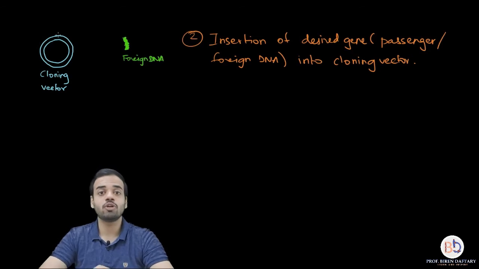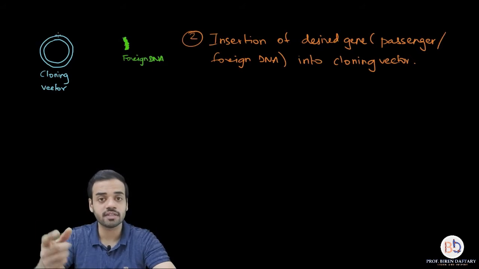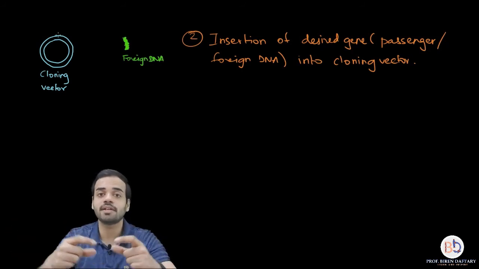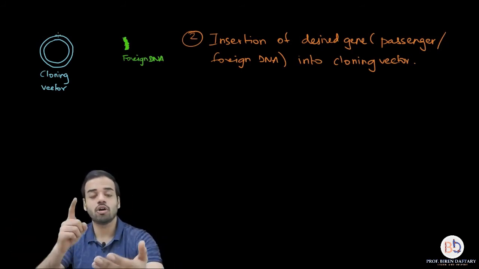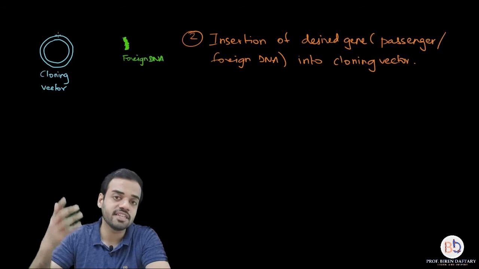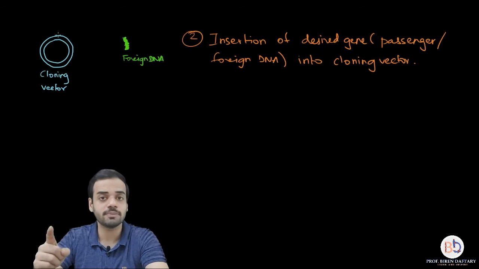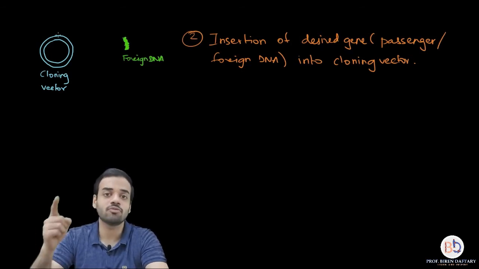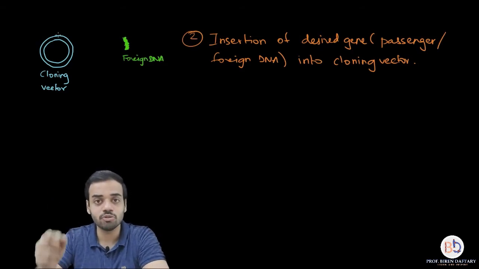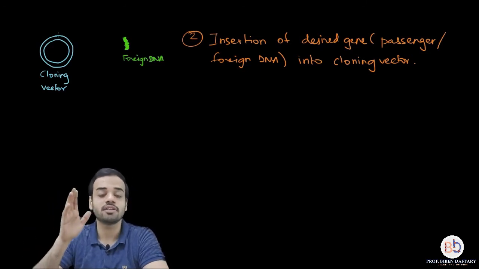Because we want to have complementary sticky ends. If we use a different restriction enzyme to cut this cloning vector, then the sticky ends of the foreign DNA and the sticky ends of the cloning vector will not be complementary, and they will not attach. Is this clear? Suppose in the first step we use the restriction enzyme PstI, then for the cloning vector we also have to use PstI. If in the first step we use EcoRI to cut the DNA, then over here we have to use EcoRI. So please remember, the restriction enzyme that we use to cut the donor DNA in the first step, you have to use to cut the cloning vector.